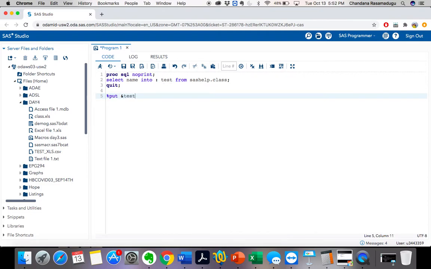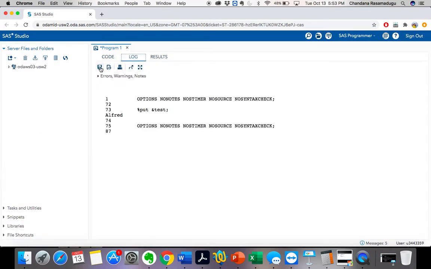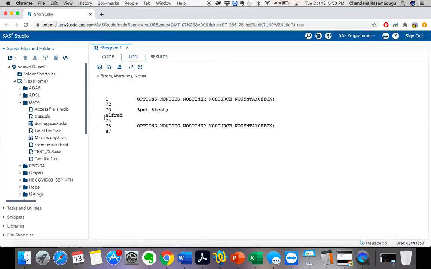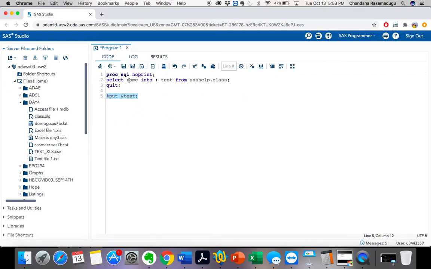Test is my macro variable name. Let's execute this. See, now what did I get? It gave me the first name value from the SASHELP.CLASS, which is Alfred, because here I have specified name.